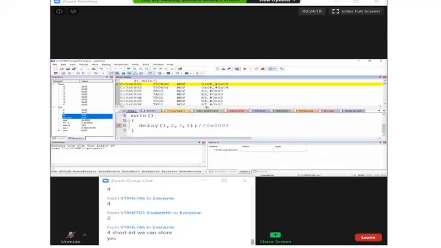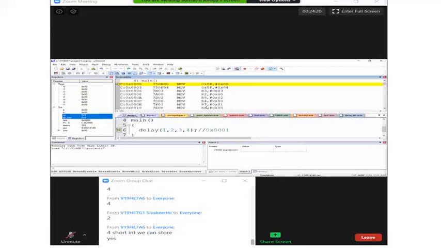R7, R6 is used for one variable. R5, R4 is used for one variable. R2, R3 are used for one variable. Next variable passing is done through which addressing mode? Direct addressing.